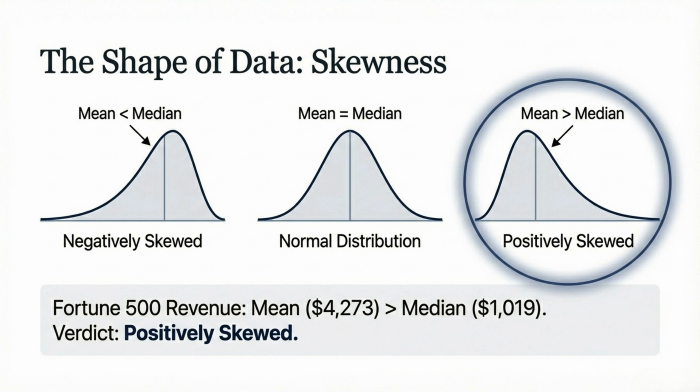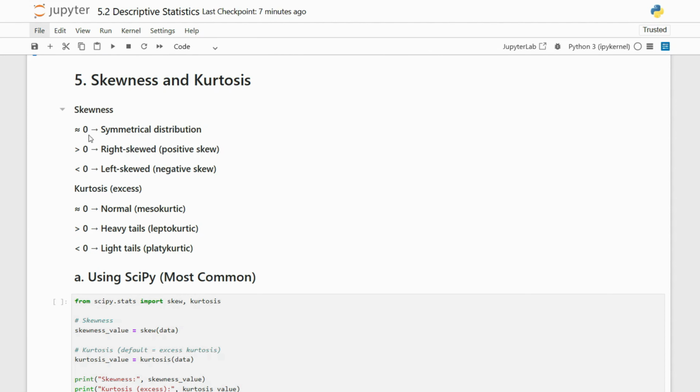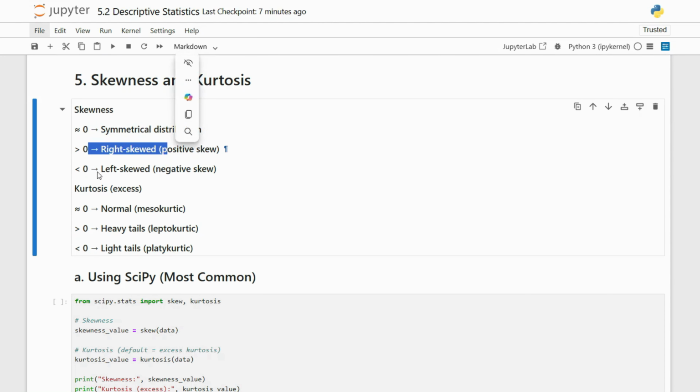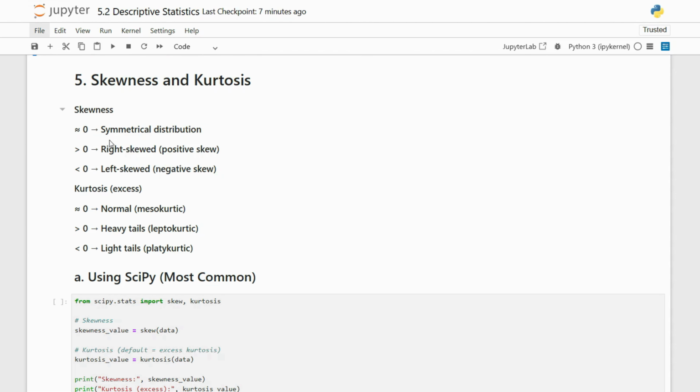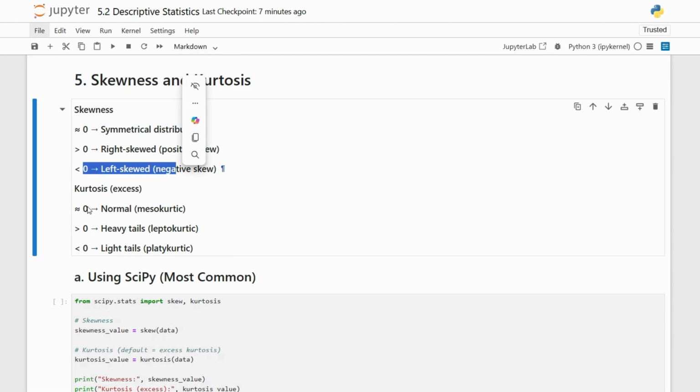Skewness tells us whether the data is distributed evenly or if it leans more towards one side. When skewness is approximately 0, the distribution is symmetrical, which means the left and right sides mirror each other. If skewness is greater than 0, the distribution is right skewed, also called positively skewed. This means the tail extends towards higher values. If skewness is less than 0, the distribution is left skewed or negatively skewed, where the tail extends towards the